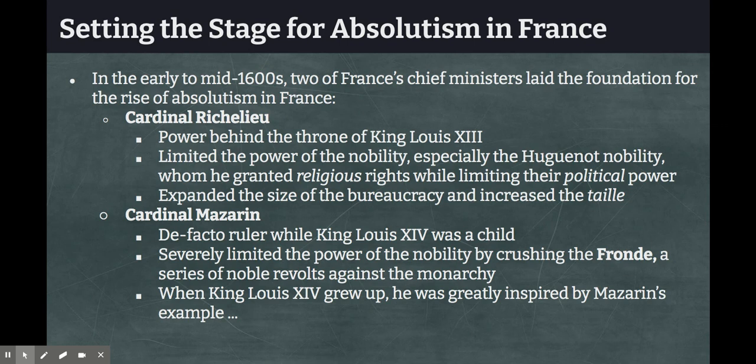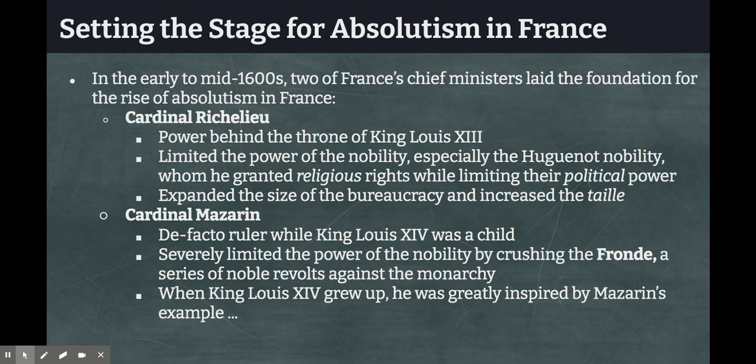name. So he's a cardinal, which is a member of the Catholic Church, but France has a lot of control over the church in France already. So as a cardinal, Richelieu is not so much loyal to Rome or to the Catholic Church as he is loyal to the government of France. And Cardinal Richelieu, as we mentioned, is the chief minister of Louis XIII, and he's the real power behind the throne. Now, what he did is he really laid the foundation by controlling the nobility.